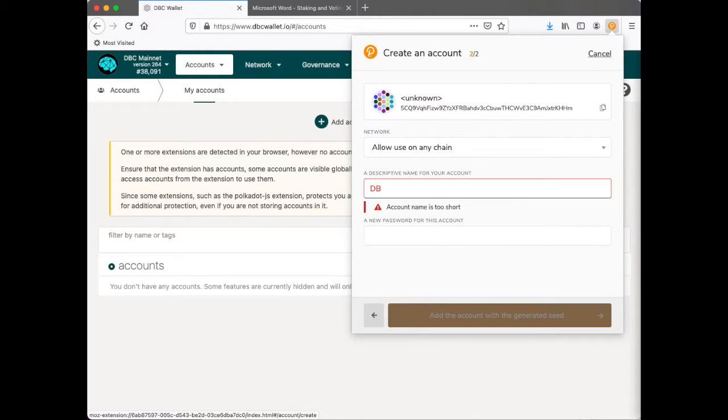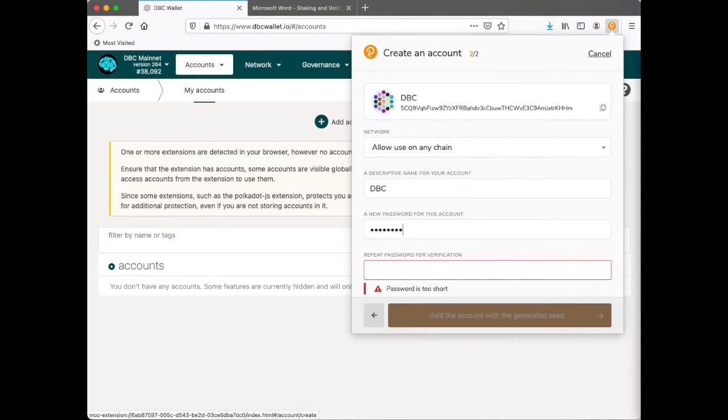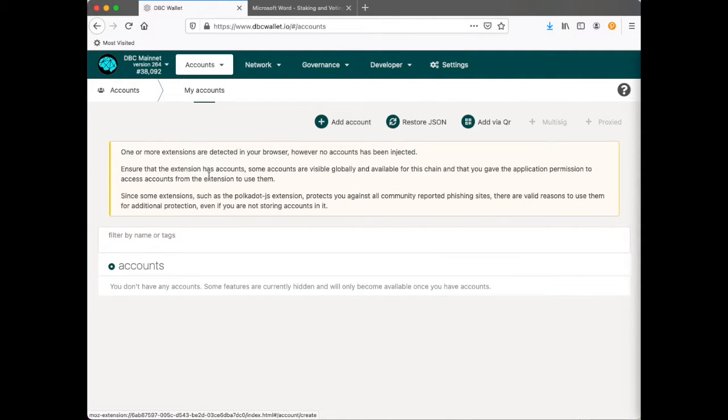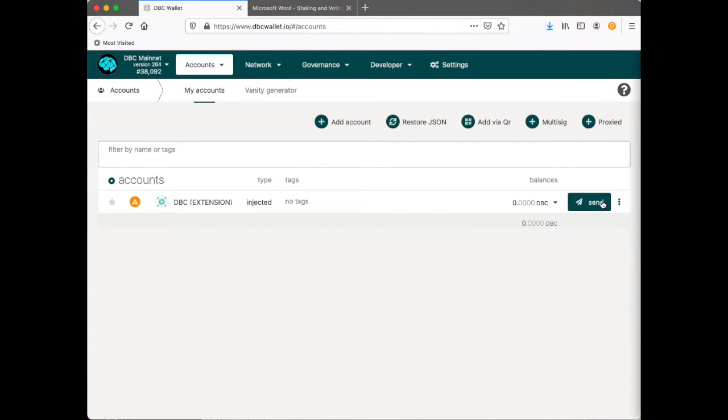I'm going to give my account a name and a password. Again, making sure I store the password somewhere safe. Now that my account has been created, I can go back to dbcwallet.io and refresh. And my injected account is available. The next step is to add a balance so we can continue. Now that I have received my DBC balance in my new account,